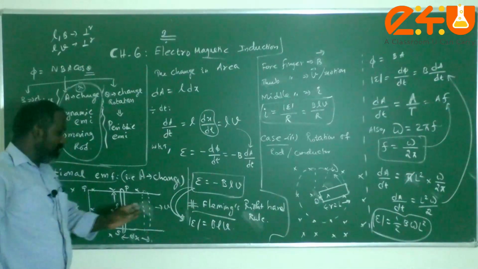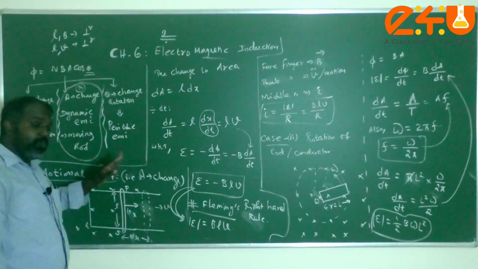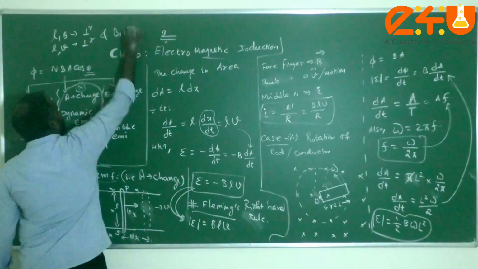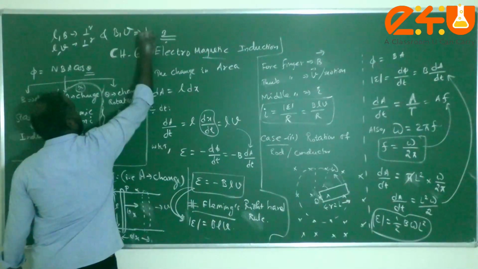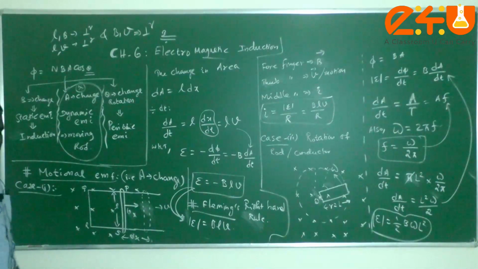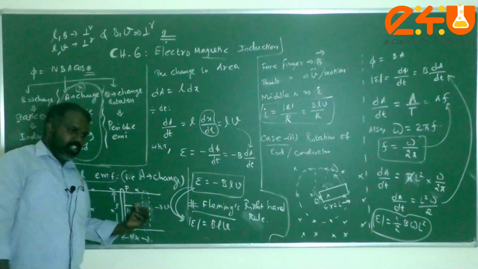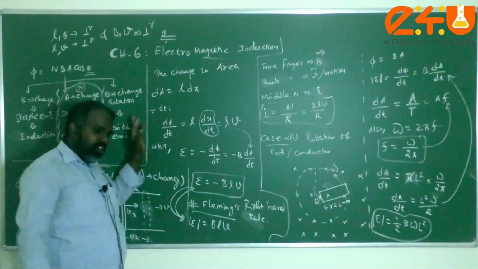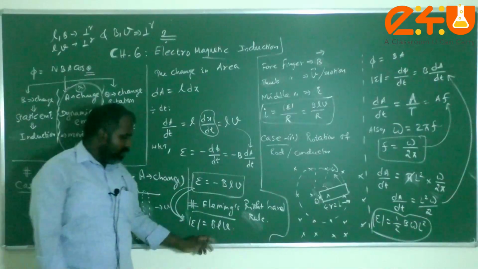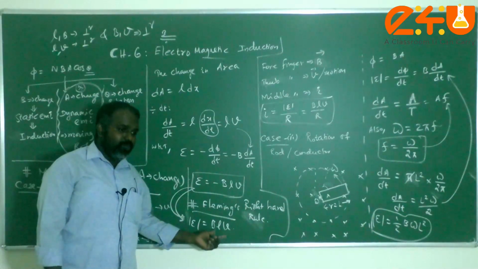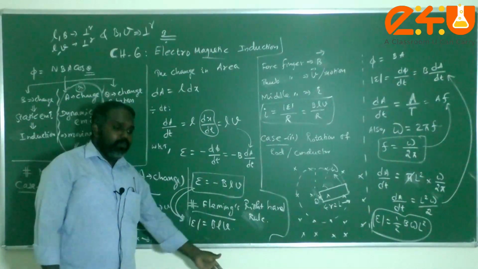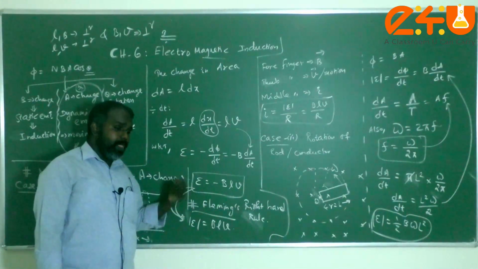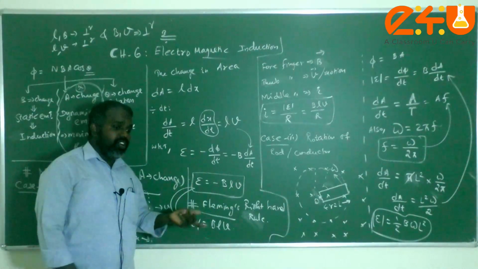Velocity is in the horizontal direction and the magnetic field is normally inward, so B and V are also perpendicular. Magnetic field and velocity are also perpendicular with each other. That means if you want to get the motional EMF in the case of translation or rotation, all three, B, L and V, should be mutually perpendicular. This is the essential condition to check whether the induced EMF will exist or not.